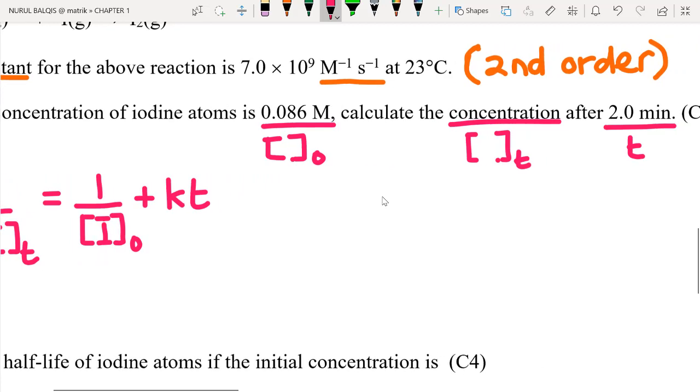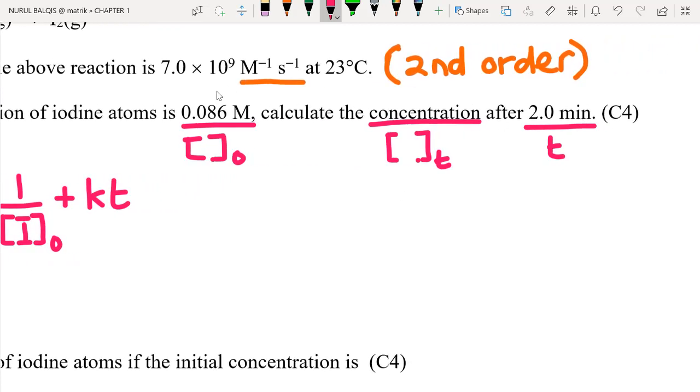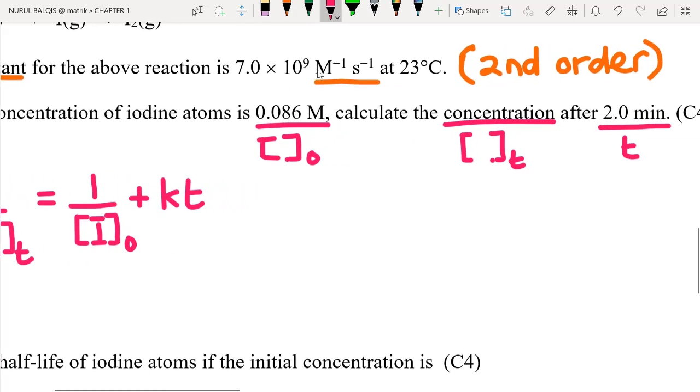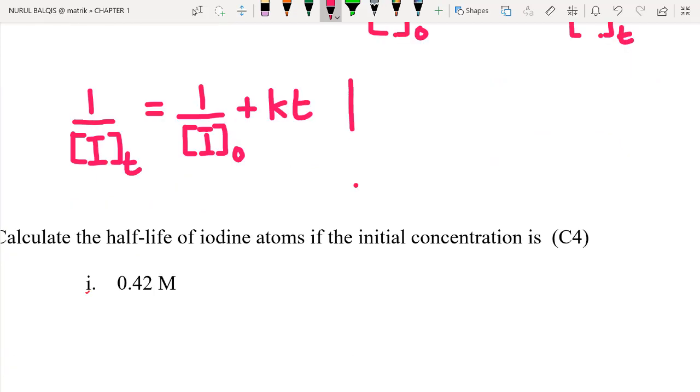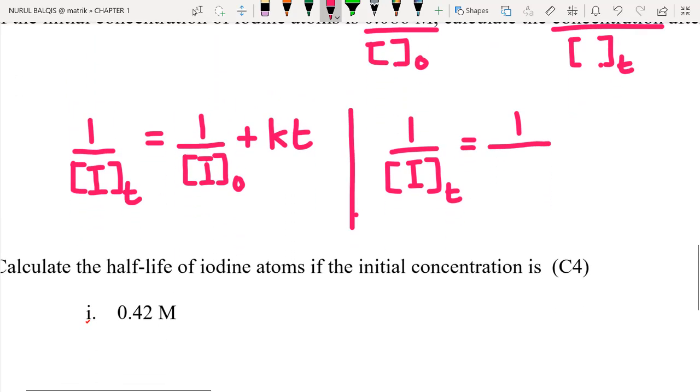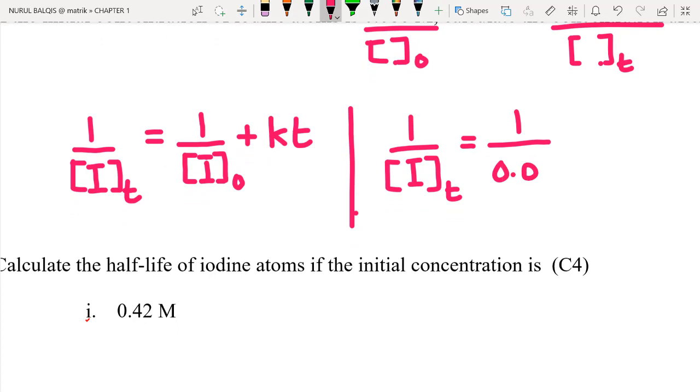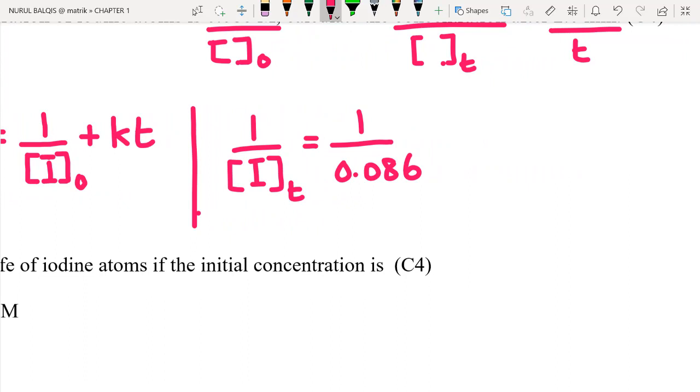But please bear in mind that the time taken given is in minutes, but then the rate constant given is in seconds. So we need to change this 2 minutes to seconds. We keep the value here, so 1 over iodine at certain time equal to, so 1 over initial concentration is 0.086, so we write as 0.086, and then we have plus this value with the rate constant, so our rate constant is going to be